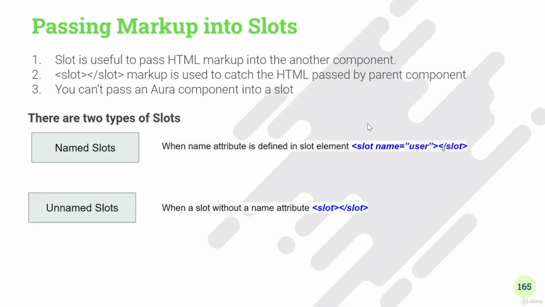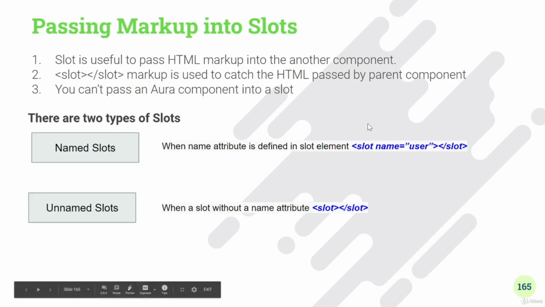When a slot has a name value, we call it a named slot. When a slot has no name attribute, we call it an unnamed slot. So we have seen till now how to pass data from parent to child. Now we will see how we can pass HTML from parent to child. And this is one of the important concepts to understand reusable Lightning Web Components. So let's first try to understand what a slot is, how a slot looks, how a named slot works, and how an unnamed slot works. So let's go to our